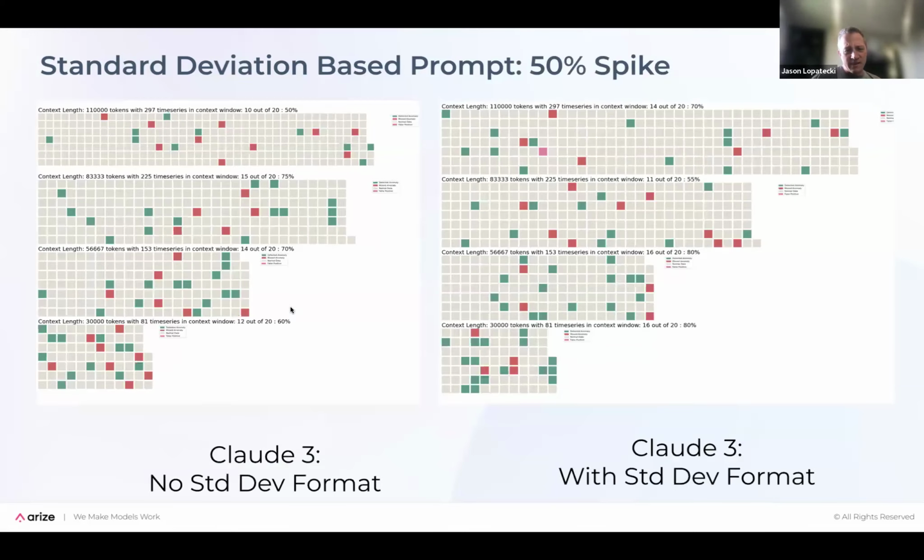And with these, you can see the 50% spike actually improves a decent amount with just adding a little bit more statistical information around the time series itself. So I think there's a big possibility here. One, these models get better. Two, you add a little bit of the things that the models aren't great at, which is arithmetic or math, maybe you do a little bit ahead of it by adding that statistical information to the header around it.